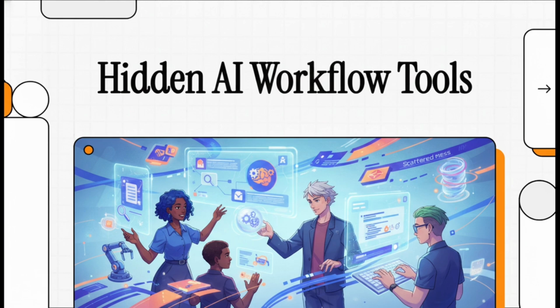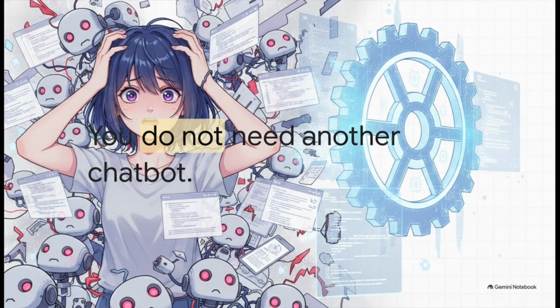Let's get into it. Look, I want to kick things off with a pretty bold statement. You do not need another chatbot. Seriously, let that sink in for a second. We've all been there, right? You're staring at a blinking cursor in some generic AI chat window, trying to figure out how to perfectly word a question so you don't just get a generic, half-baked answer back. It's frustrating. What you actually need right now are targeted AI tools that completely eliminate the genuinely annoying parts of